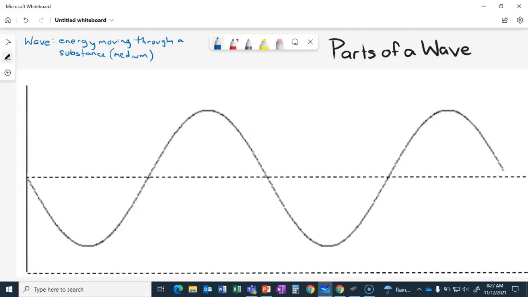Kind of like in art, you have different mediums that you work with. You might work with the medium of paint, or charcoal, or pencil, or stone if you're carving a sculpture. So it's still all art, but it's art being done through a different substance or a different medium. Well, waves are energy that move through different substances or different mediums. In our unit, we're focusing primarily on ocean waves, so we're looking at waves that move through the medium of water, specifically salt water.